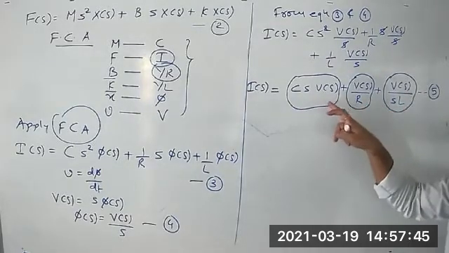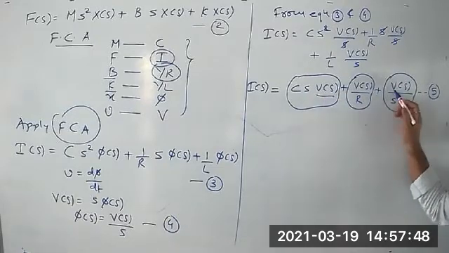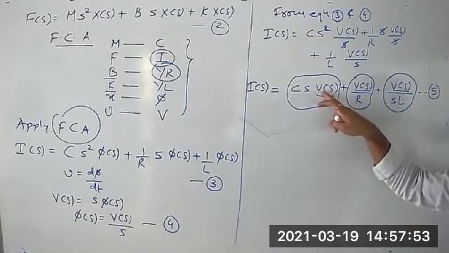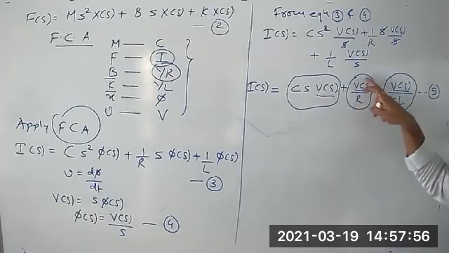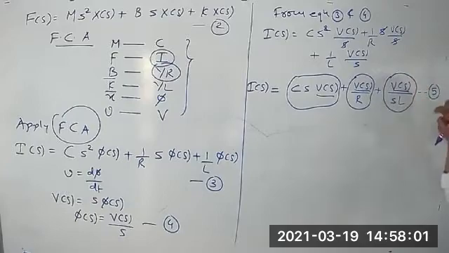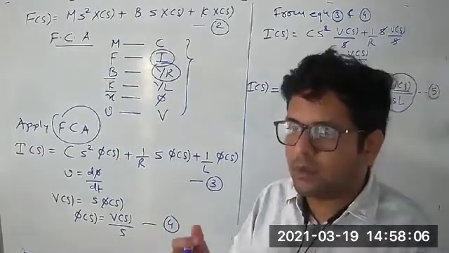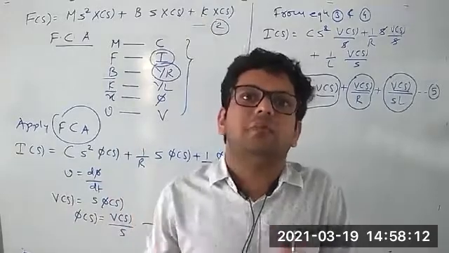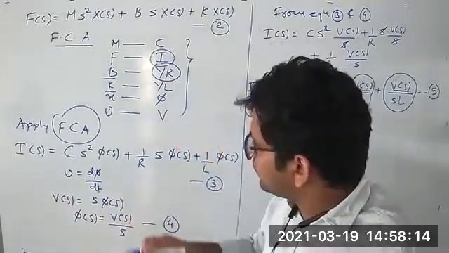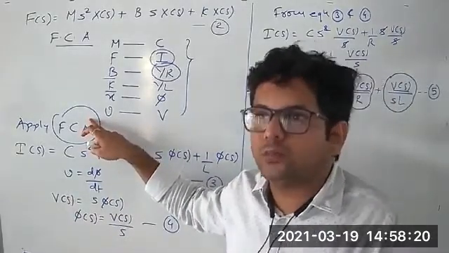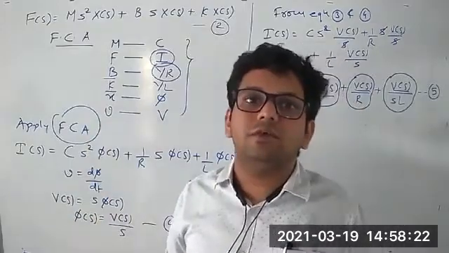Second thing is that if you see the value of V of S across each element, they are nothing but the same. That means the same V of S is available across your capacitive reactance, the same V of S is available across your resistor, and the same V of S is available across the inductive reactance. इसका मतलब है कि तीनों के तीनों जो आपके कंपोनेंट्स है, जब आप इसका एनालॉगस इलेक्ट्रिकल सर्किट डायग्राम ड्रॉ करेंगे, तीनों के तीनों कंपोनेंट्स आपके पैरेलल कॉम्बिनेशन में कनेक्टेड रहेंगे. दैट इज द रीजन आई इन्फॉर्म यू दैट if you apply force current analogy, it is nothing but indirect application of your Kirchhoff's current law, which works on the principle of law of conservation of charge.